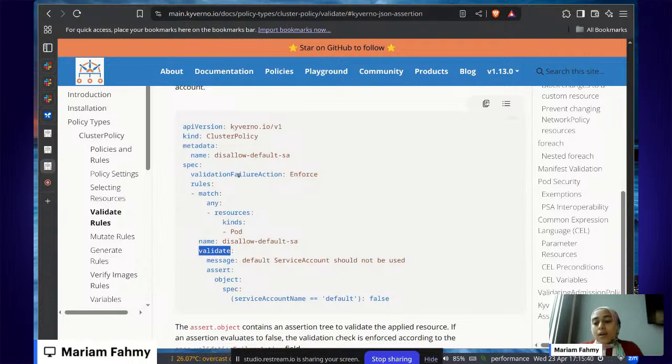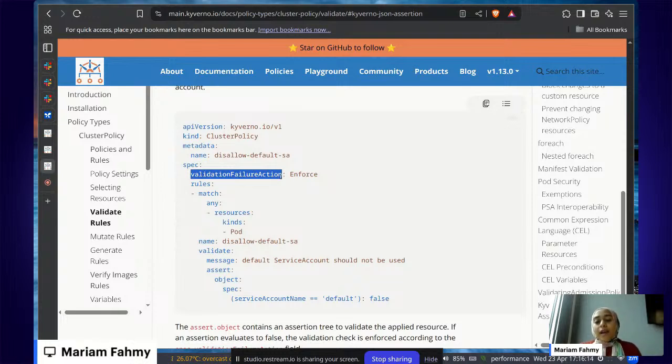Because it controls how the Kyverno engine will react if the resource violates the policy, right? So this field, the validation failure action, doesn't make sense for the generate rules, for example. It doesn't have any effect when it is used with the generate rules, but it's an effective field with the validation rules, right?